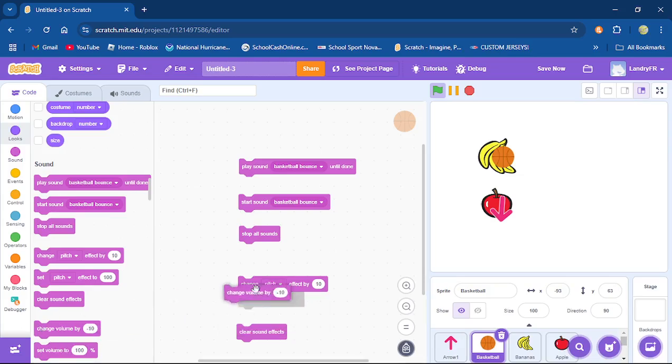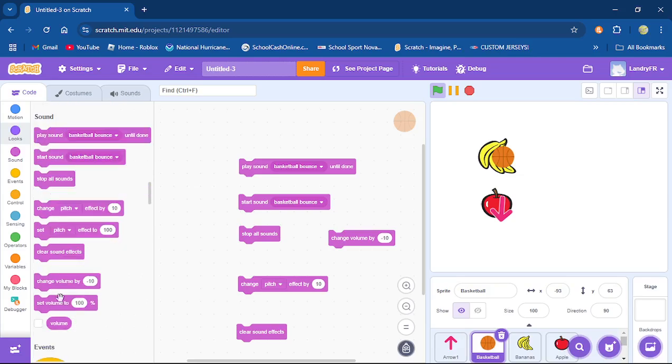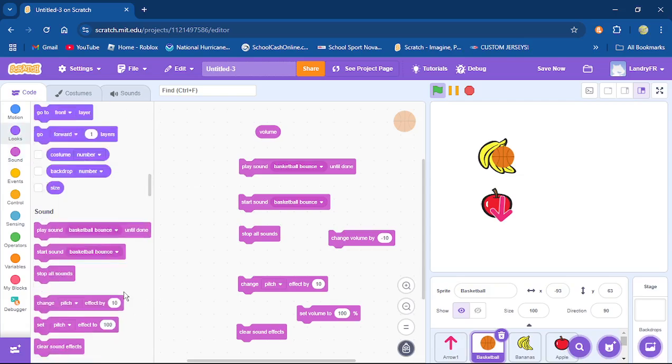Change volume by, okay, well, should be self-explanatory. If you find that your music is too loud, or if you have a sound setting in your options menu or whatever, and you want your players to be able to lower the sound because it's too loud, well, that's how you're going to do that. You're going to change the volume. And the same with set. Set will set the volume to a specific percentage and leave it there. And if you want to be able to change it with a slider or whatever later in some other part of your code, well, this is where you're going to drag and drop this button in. Okay, and that's the sound.